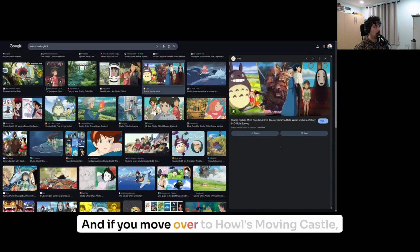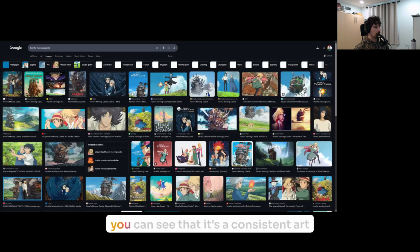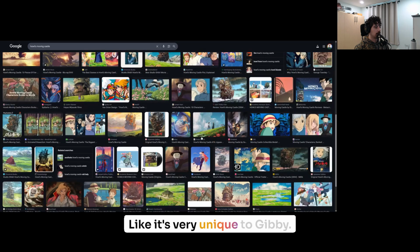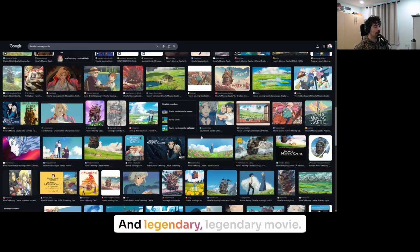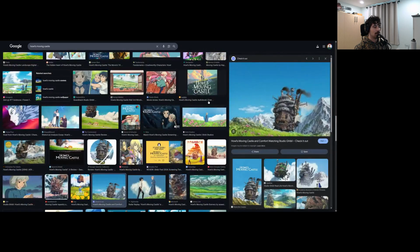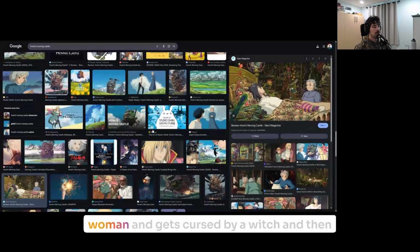And if you move over to Howl's Moving Castle, I'll share this tab instead. You can see that it's a consistent art direction with the studio. It's very unique to Ghibli. Legendary movie. I think it's about a young woman who gets cursed by a witch, and